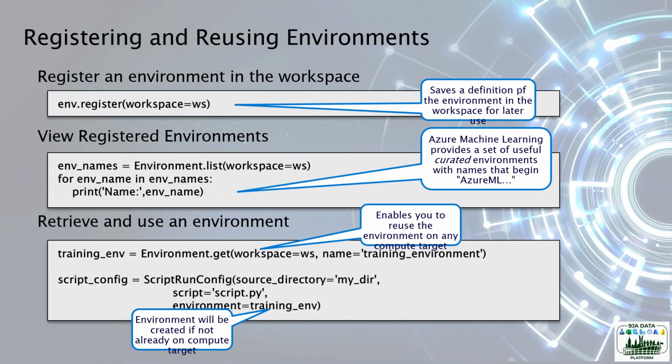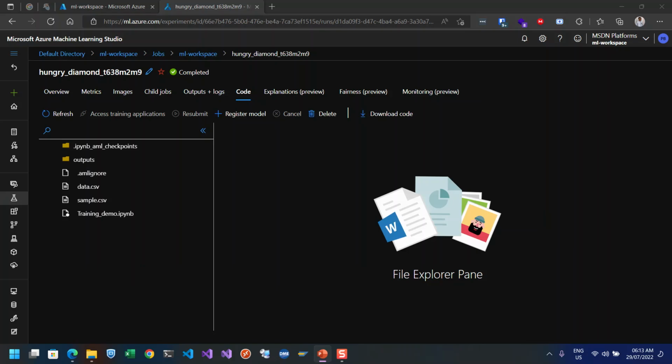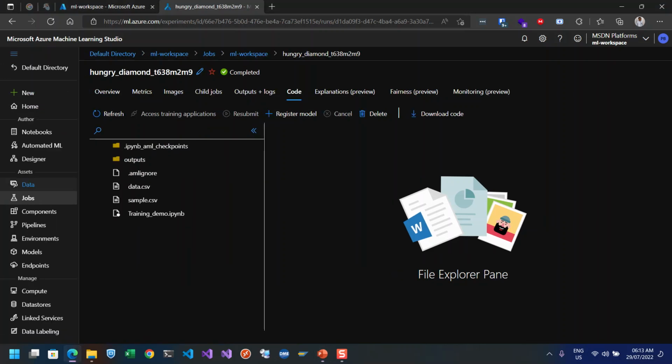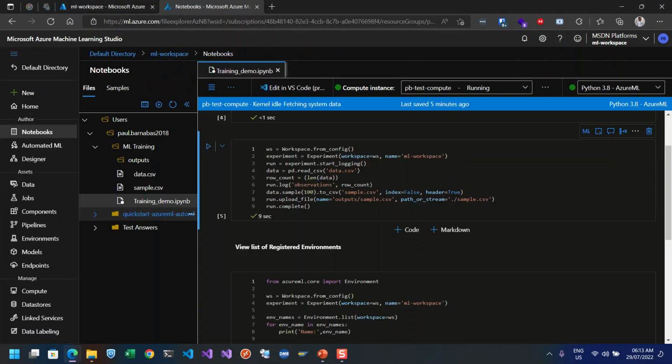So this is essentially how to register or reuse an environment. We're going to do a demo on this, whereby we can see the list of environments we have within a particular compute instance or within a workspace. So let's go ahead to the demo session and see how we are able to generate that. I'm going back to my Azure Machine Learning Studio, and going back to my notes. So within my training demo,